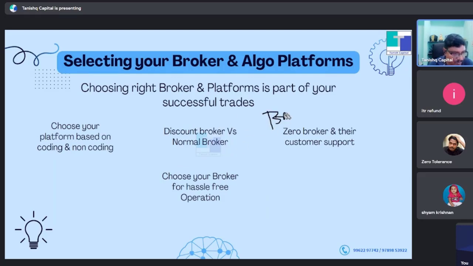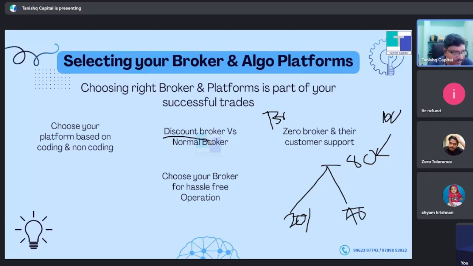Assume one lot straddle and strangle at 20 per order. Even for 1 lakh, brokerage itself will come to around 20 plus 20, 40, and while squaring off it will be 80 rupees. If the profit is only 100 rupees, then 80 rupees will go completely to a discount broker. Because if you have 2 lakh capital, you will do only a 1 lakh straddle or 1 lakh strangle. You are not going to place